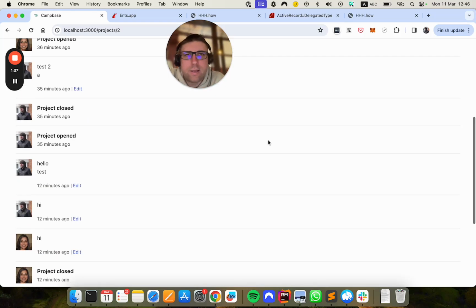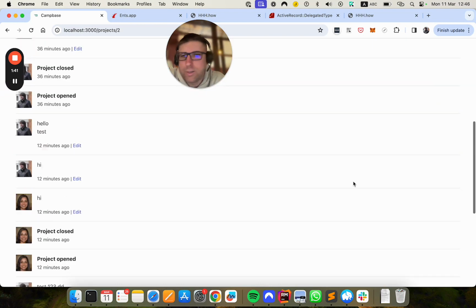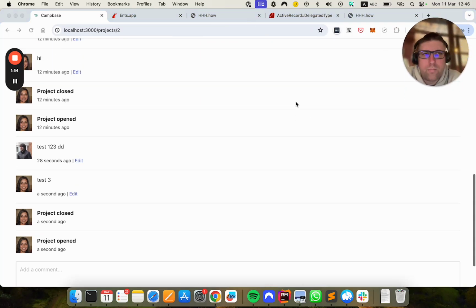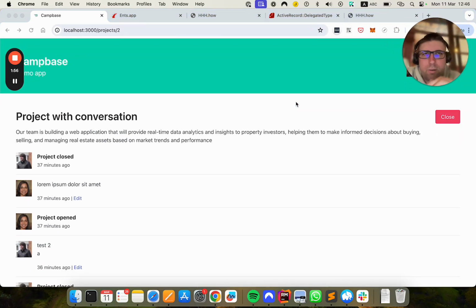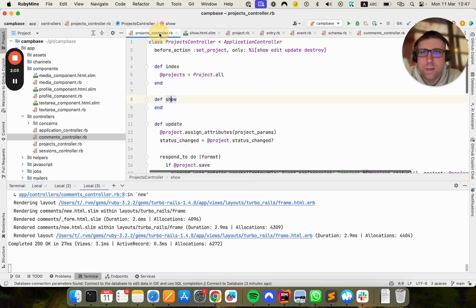But the thing is, I'm able to also close the project and open the project, etc. And all these events are being recorded as entries in the timeline. Now, this is nothing difficult to do, but Rails is providing a really neat way to do these kinds of things straight out of the box with